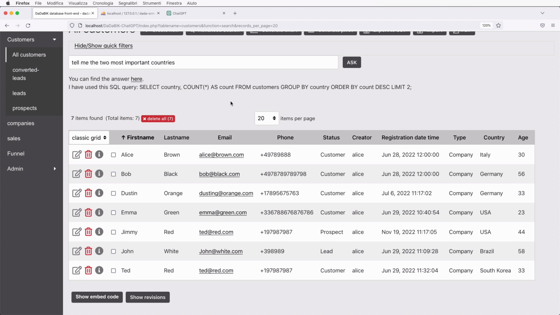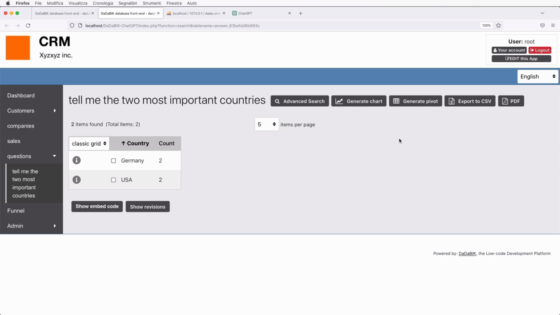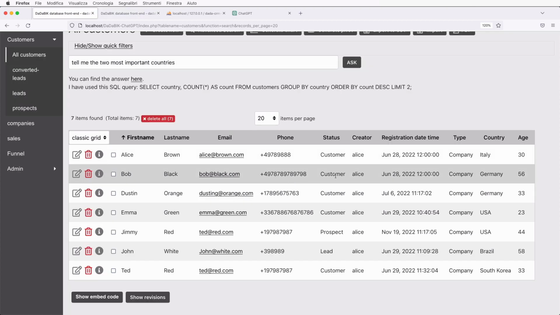So the answer is not a single value as in the other cases. In the previous question we got a number, okay? This time it's more a set of values, a record set, we can say. When, after having executed the SQL query, DaDaBIK realizes the result is not a single value, then it does something different with respect to just displaying the value. Let's click here. Here we go, Germany and USA. These are the 2 countries, and that's correct,